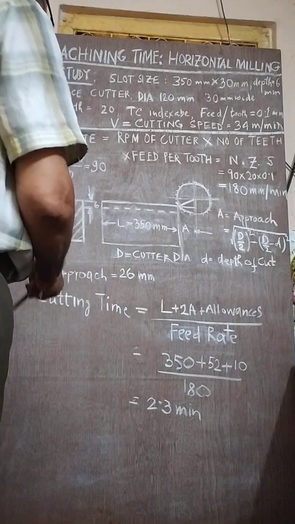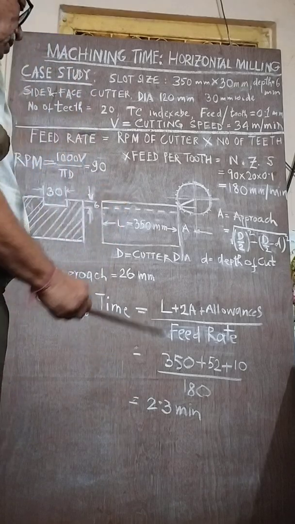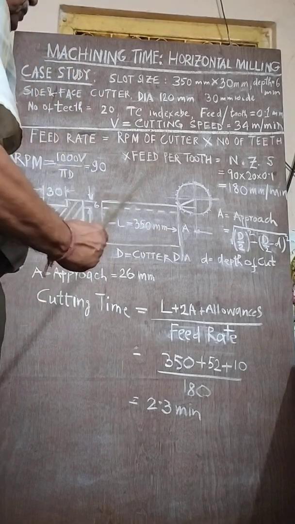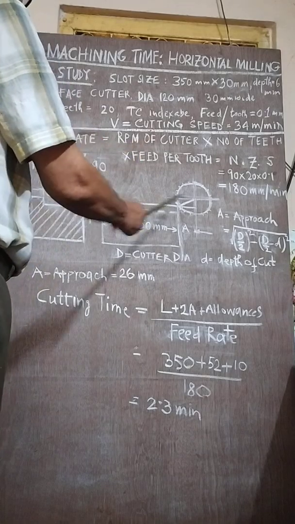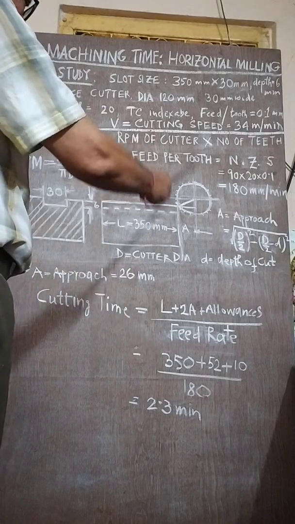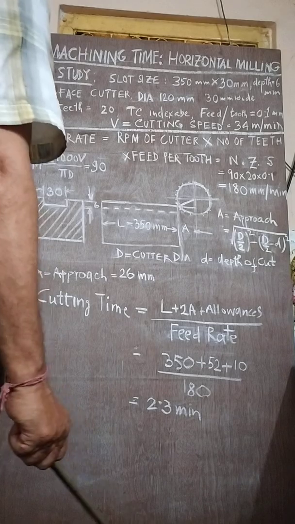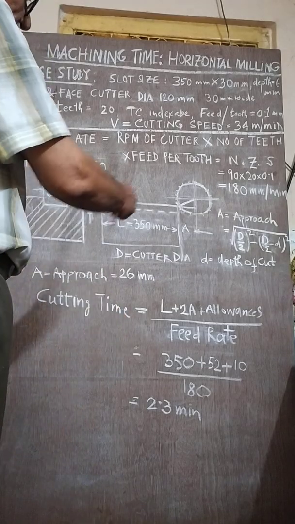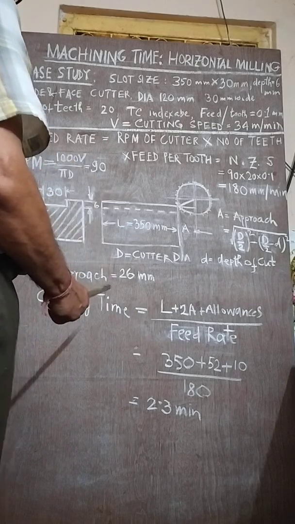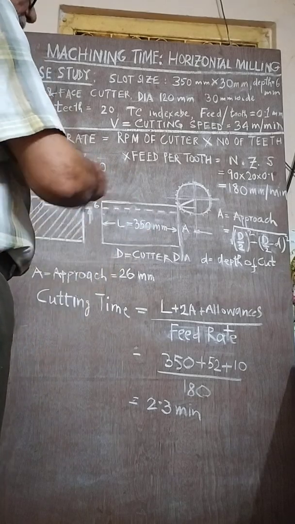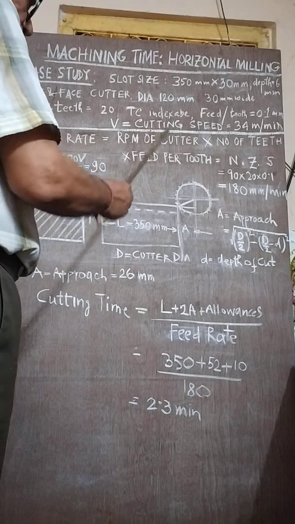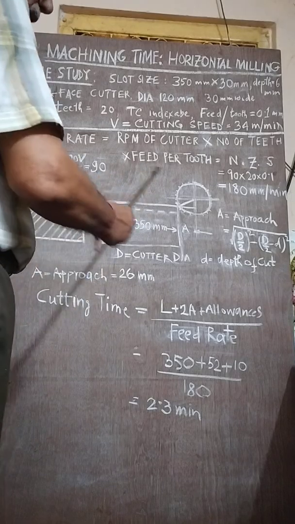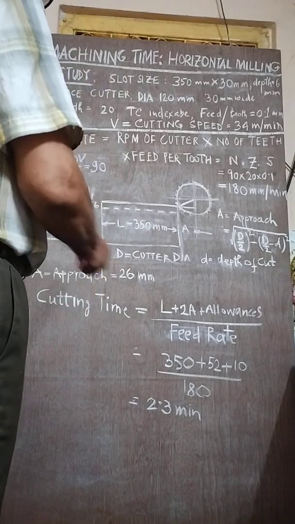This is very important in the sense that, in the last class and in the previous class also, the cutting time is very important, because from the cutting time we will find out the production rate, the shift production, as well as the machine loading, the month's loading, planning, estimation and scheduling, as well as the quotation, estimation and costing purposes also.